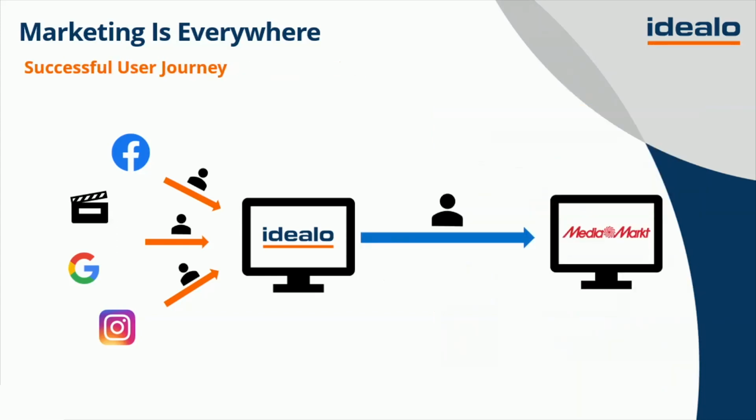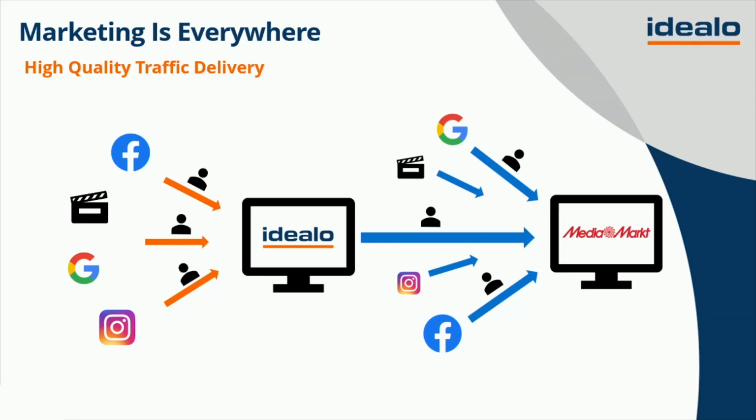And then, of course, in most cases, the user's journey also doesn't end there. The user came to idealo with an intent, and if we've served them well, if we've shown them the best price and deals, then they will click out to the merchant and hopefully conclude their user journey there. So this is, of course, another piece of the puzzle that we need to take into consideration when we want to think about marketing and whether our marketing activities are successful. And guess what? Our merchants are doing the exact same thing. That means our merchants also curate their own marketing mix consisting of many different channels, marketing activities, and touch points, and we're just one of them.